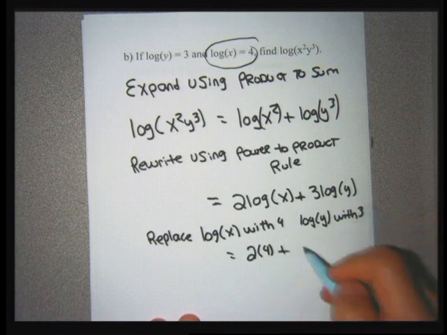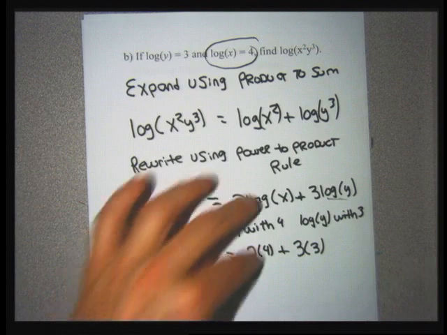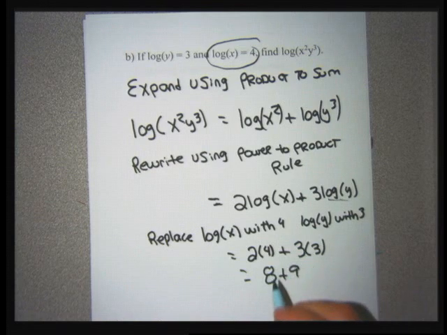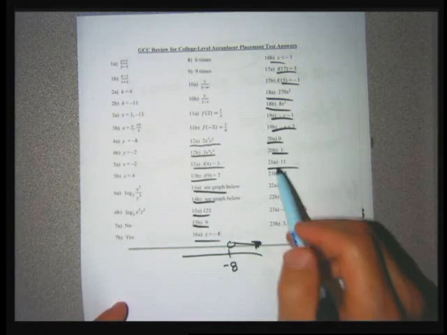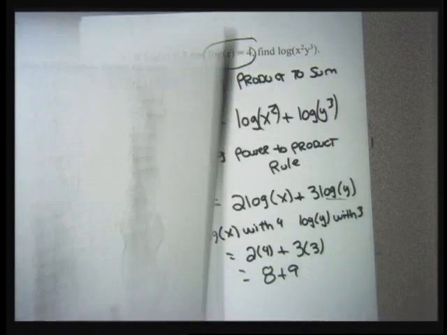So I can make this 2 times 4 plus 3 times 3 because the log of x can be replaced with 4, log of y can be replaced with 3. This is 8 plus 9, so my answer is going to be 17. This is troubling because when I look at my key, I see 21b, I'm supposed to say 18. I don't see a mistake, but I